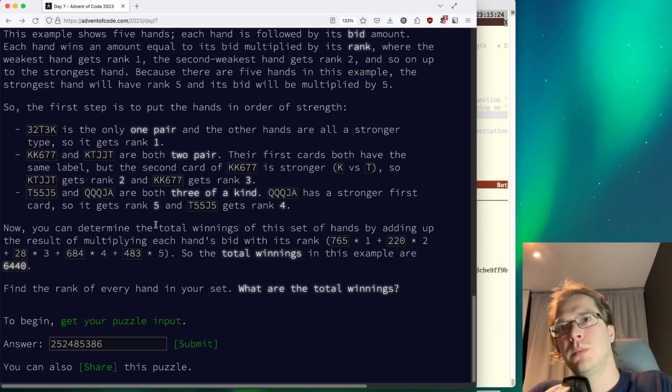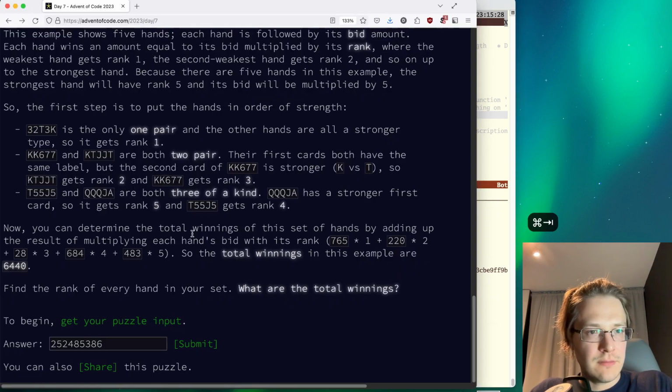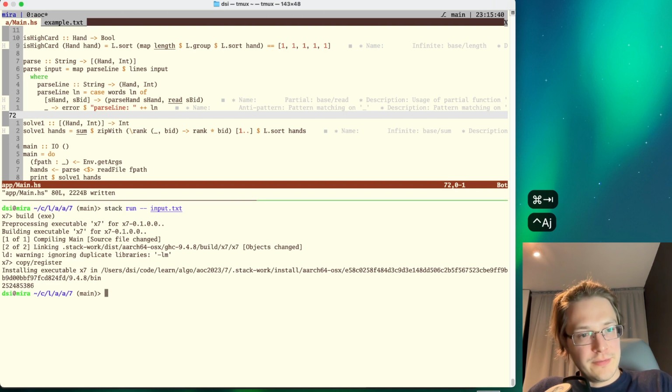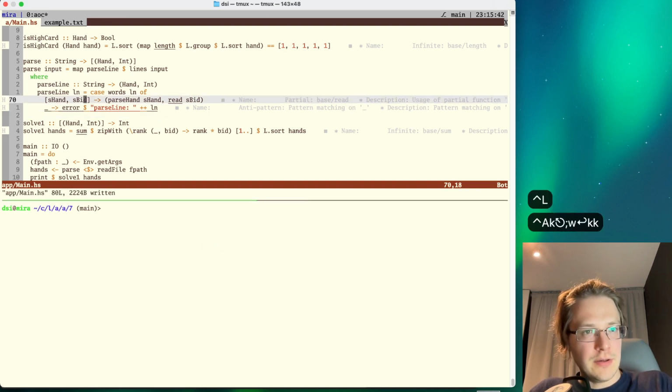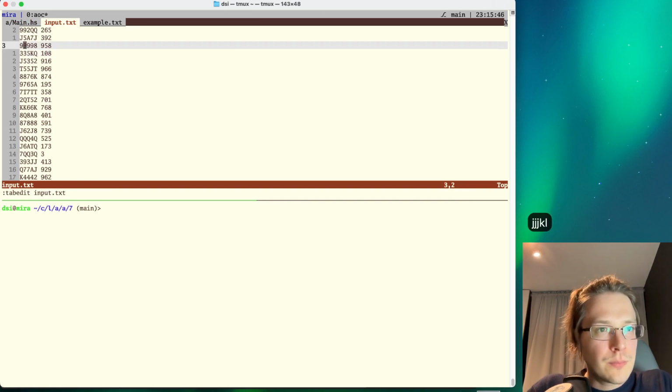What happens when I have duplicates in this? Well, that shouldn't actually matter. It does. You have a bid. Yeah. You can have different bids for that case. So,